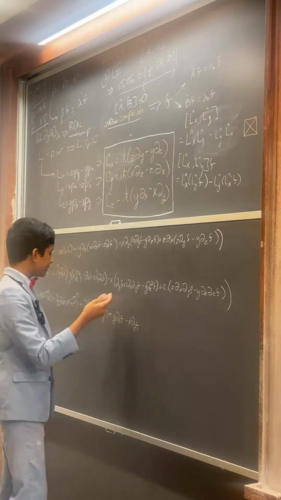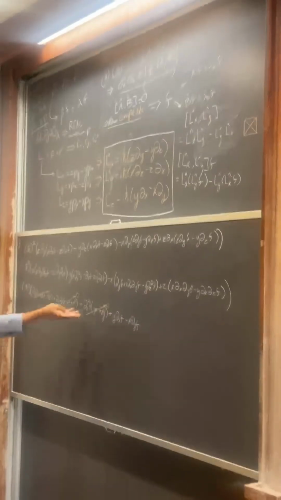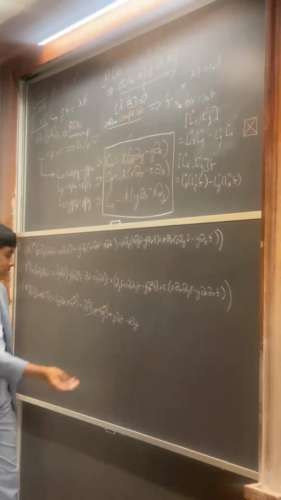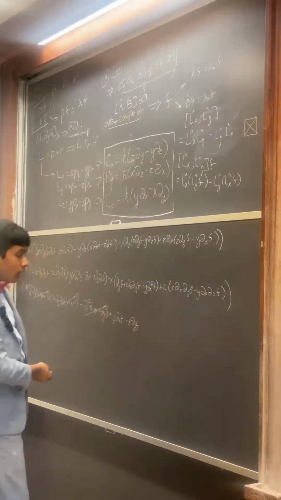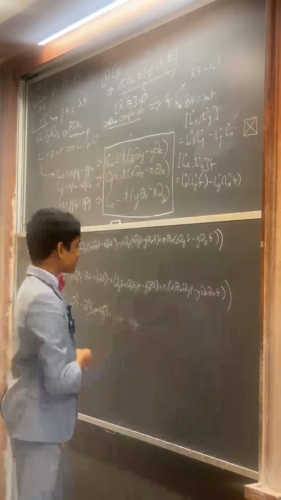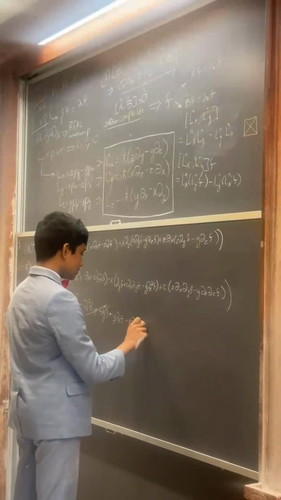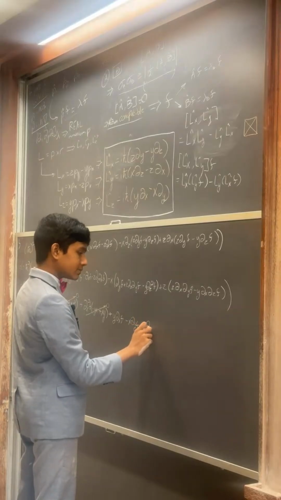Over there, you see the partial z partial y f. But we already covered our basis for that. You will also see the partial z squared f, but we already worked with that. Here you will see the partial x partial y f. The only thing left is the partial x partial z f, which I skipped over. So you get plus partial x partial z f